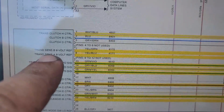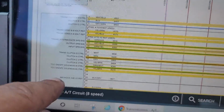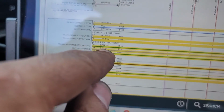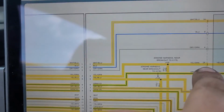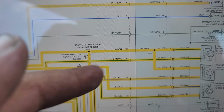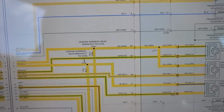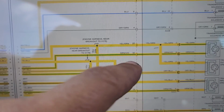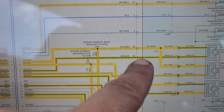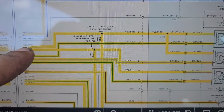Right here it says transmission sensor B 9 volt reference, transmission sensor A 9 volt reference. So we need to check to see if the transmission control module is providing 9 volt. Technically we're supposed to go to the transmission also at the connector and check if the 9 volt is getting here. We're going to assume that it is getting here because they just changed the whole harness. So I want to check the 9 volt, and also this other line, yellow blue, I think that's the